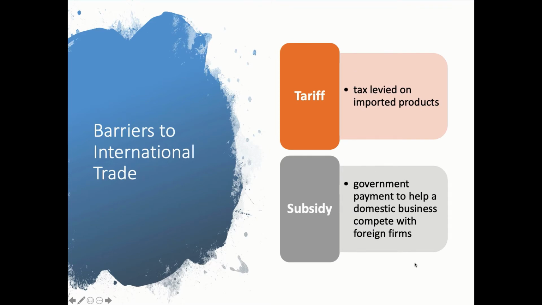We continue with tariffs and subsidies, and these are purely economic ways of dealing with international trade. What is a tariff? A tariff is where you tax an import at the port. When it arrives on your shores and is at the loading dock, you levy an economic, financial tax on those products. And of course, what's the end result if you're taxing a product when it arrives on your shores? Typically it means that the seller, the company from another country, has to pass that cost on to the domestic consumer.